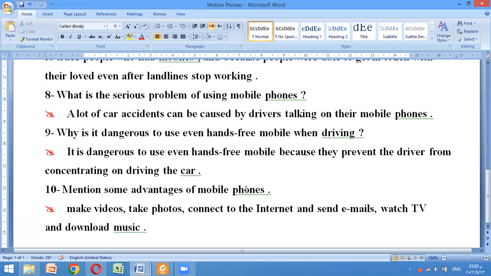Mention some advantages of mobile phones. Of course, mobile phones are very important for watching videos, taking photos, connecting to the internet, sending emails, watching TV, downloading music, etc. Okay,